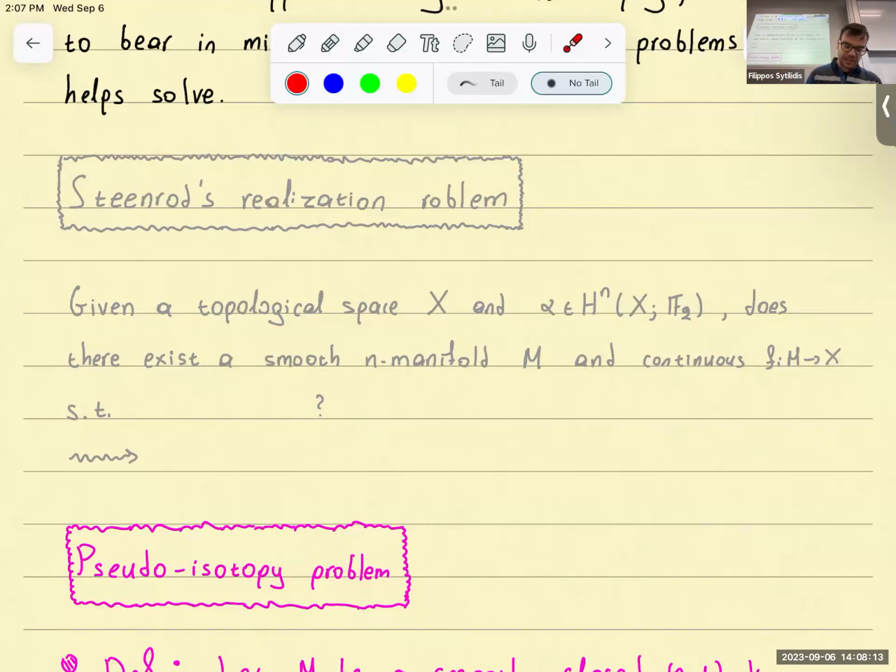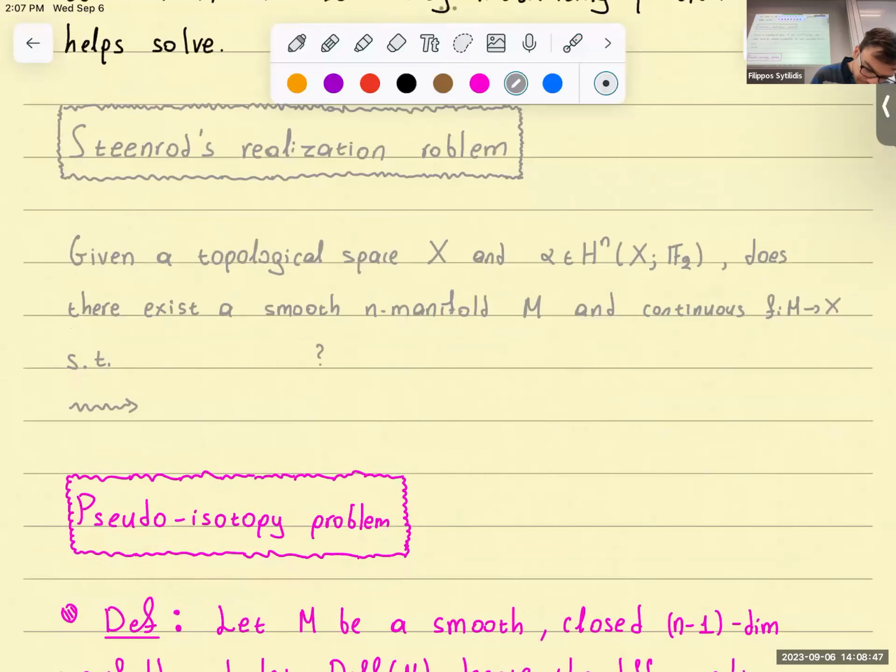So I'm just going to mention it because I think it's pretty cool. The problem asks the following: if you give me a topological space X and you give me a homology class, an nth homology class with Z mod 2 coefficients, there are variants with any coefficient systems, but if you give me that, the question is, can I find a smooth n-dimensional manifold M and a continuous map from M to X such that this map sends the fundamental class of M